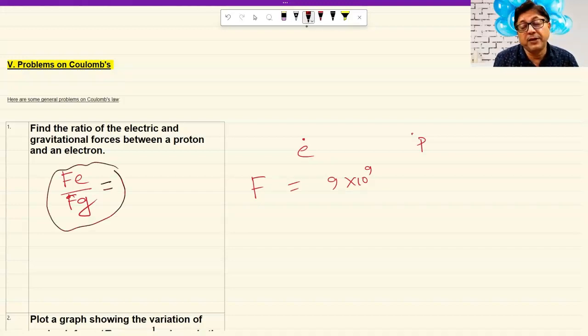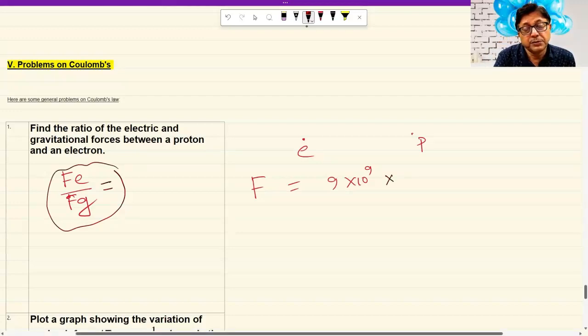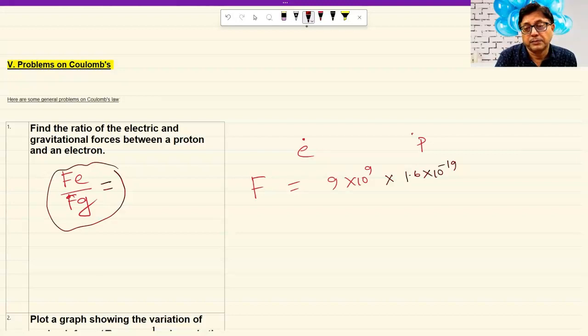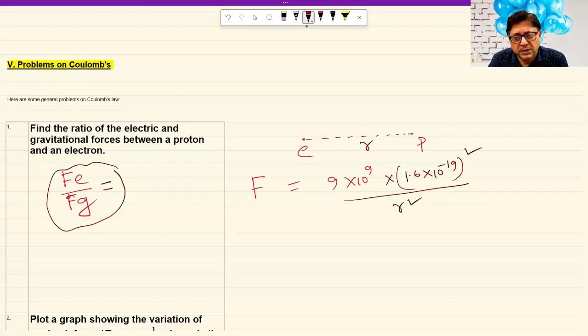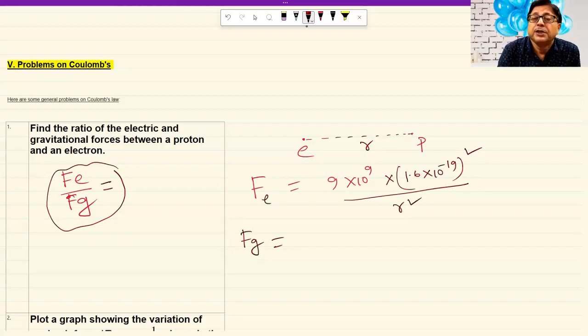Let us write the value of Fe first. What is the value of Fe? 9 into 10 to the power 9, Q1 Q2, electron and proton, same charge, Q1 Q2 by R square. Suppose they are separated by distance R here. This part is R. Simplify at the end. This force is electric. For the gravity force between them, consider Fg equal to G m1 m2,